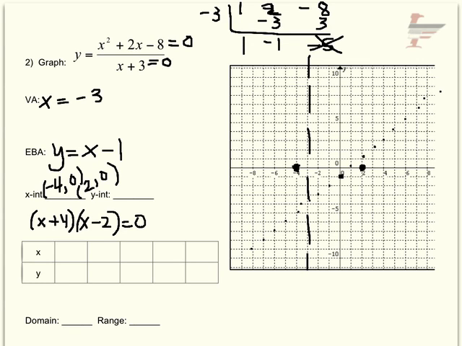That's nice. Y-intercept, of course, if I plug in 0 for all the x's, so that's 0, so I'm going to have -8/3 left. And so that will be -2 and 2/3, so I'll kind of plot that point. And then you can kind of see that you have probably a graph piece going like this, because you have to follow that slant asymptote, and your other piece is like this, so maybe just a few more points, but